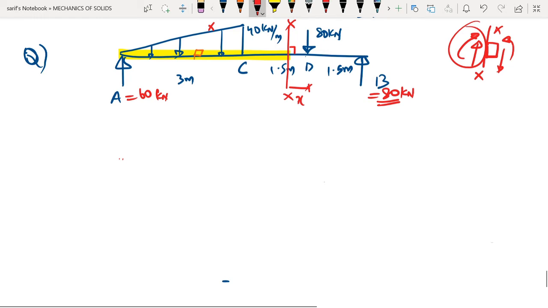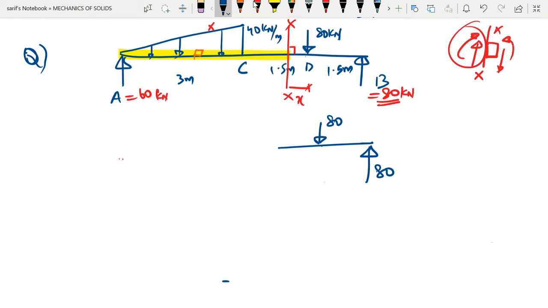So if we try to draw the free body diagram, to the right of the section, this would be 80, and we have 80 here. This is 1.5 meter, and this distance is x. This is the point D, and this is the point B, and we have shear force Vx here, bending moment is Mx here. So now if we calculate the shear force, we will get Vx as 0, 80 minus 80,